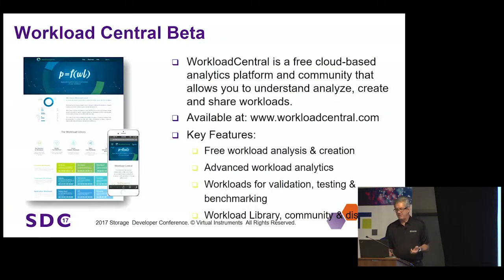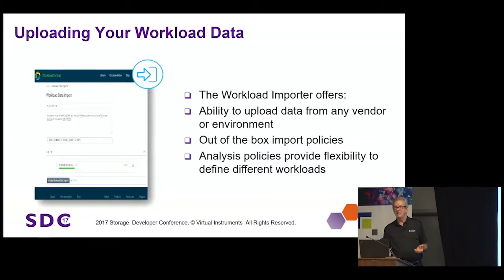We have something that you can go up on the web and see. www.workloadcentral.com is a free service. You can take a CSV file like I've been talking about, upload it, and it'll give you a view of that application. Now this is similar to what we do. It's not exactly the same, and what you get out of it is not something that you can run on other products, but you can get a pretty good view of what that